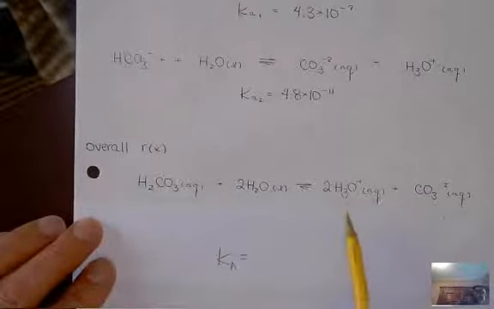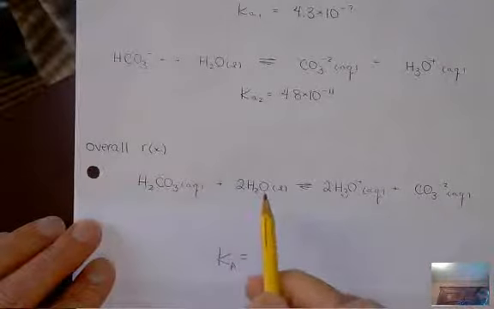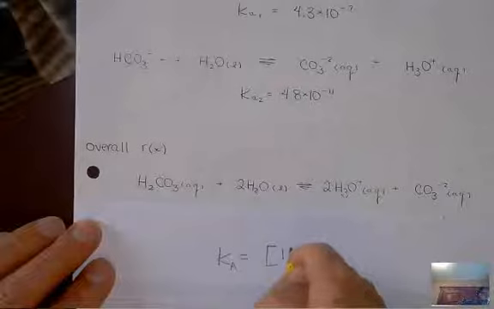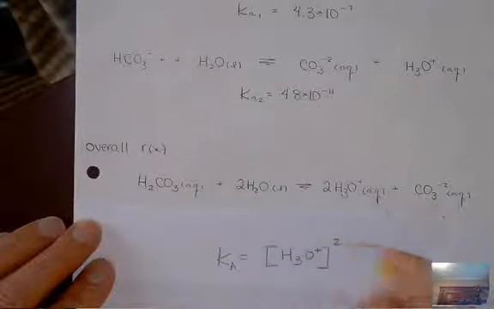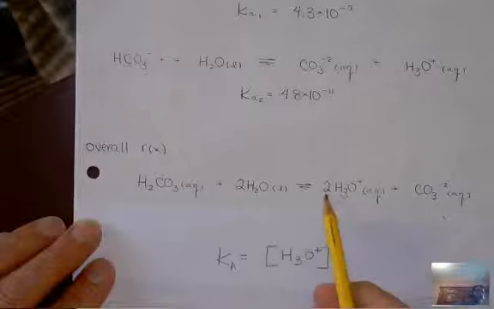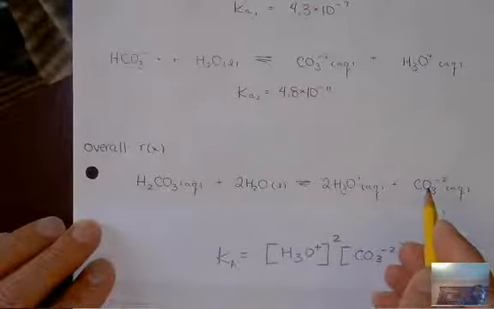Well, it represents the products over the reactants. The coefficients become the exponents. So this 2 here becomes 2 squared. And this carbonate is to the first power, because it's to the first power over here,